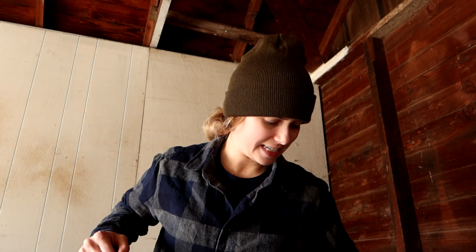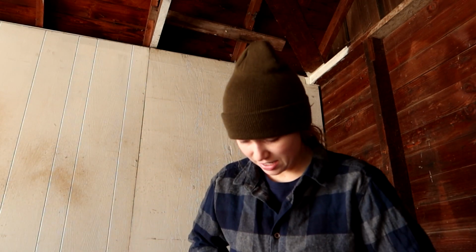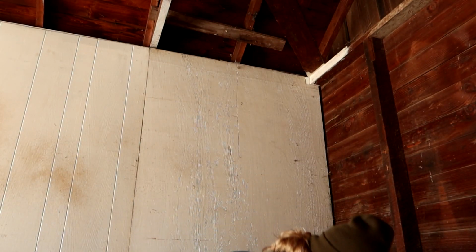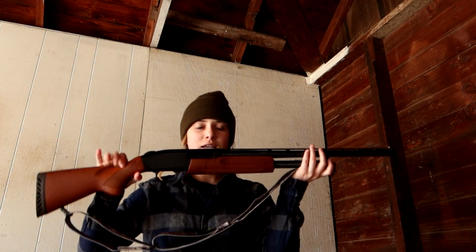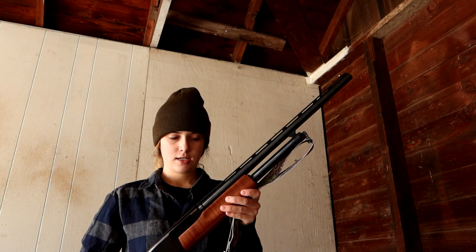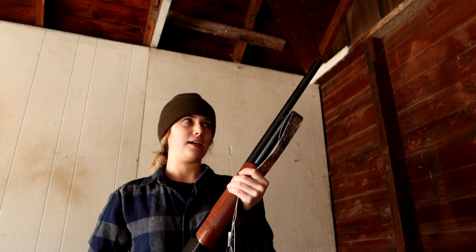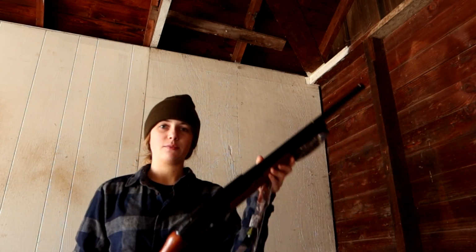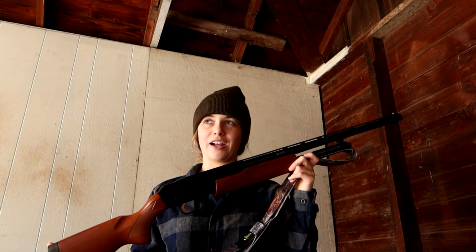Alright, y'all, so today I am going to be shooting my turkey gun. Pretty much just sighting it in. Got this little bad boy. This is my Mossberg 505 20 gauge, and literally it's a youth gun, but I kind of got to thinking,